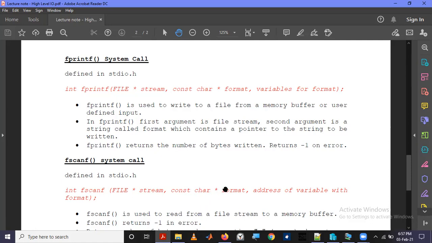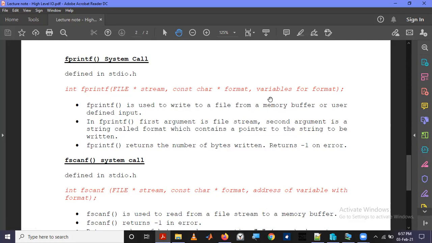So the format you specify in double quotation marks, that is a character string, and you can pass even variables inside that string, and the address of those variables is the third, or I mean the list of next set of arguments. So if there are several variables here, then you have to pass the address of those variables in a list.